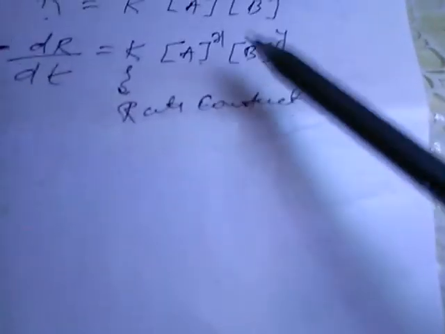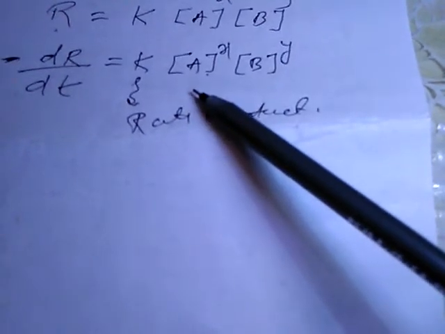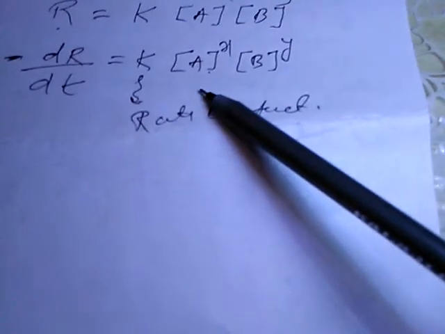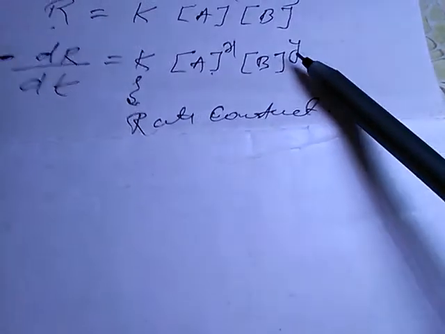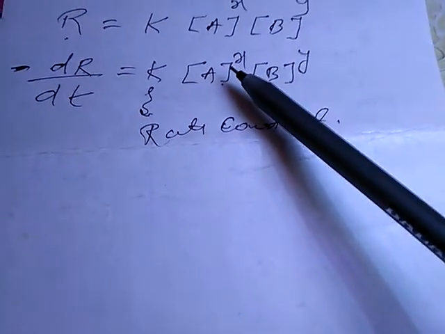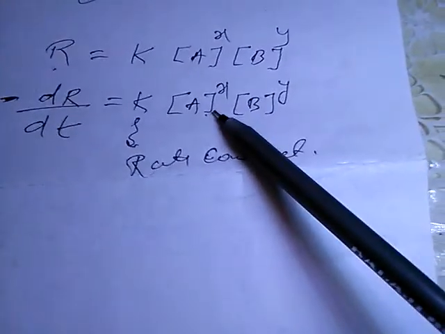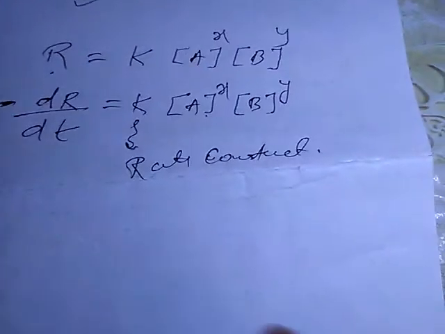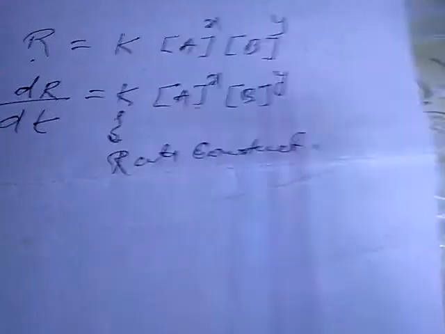Finally, one more thing to be kept in mind is that for any reaction, the rate law can be determined experimentally. It is not a theoretical one, because the power which is to be raised here can be determined only by experiment. It may be possible in some cases that this power becomes equal to the stoichiometric coefficient of the reaction, and it may vary from that also. So this is all about the rate expression, one important topic of this chapter.